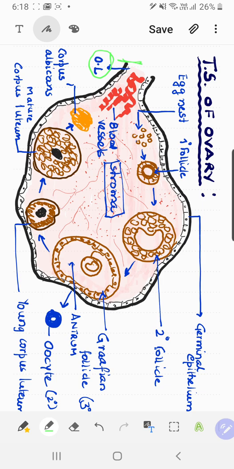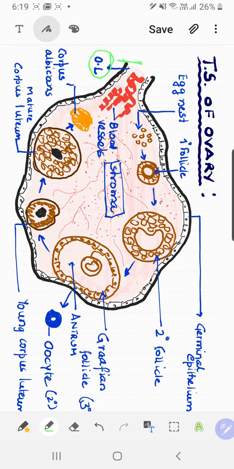Before I start with this detailing here, always remember the way you have learned how to draw the LS of testis and then TS of testis. Similarly, you are going to learn this diagram too. These diagrams are important with respect to boards, right children? So the transverse section of ovary is equally important, and such structures come for straight away 3 to 5 marks,